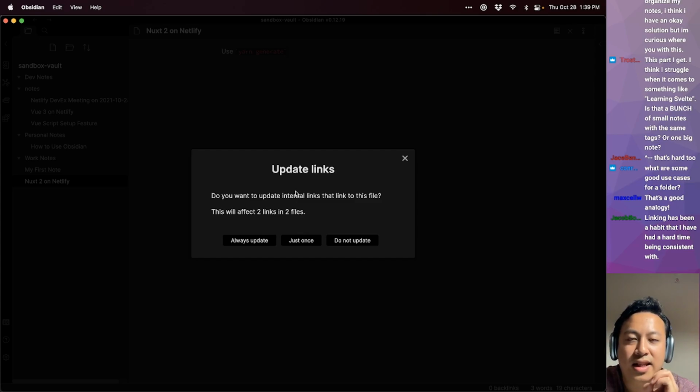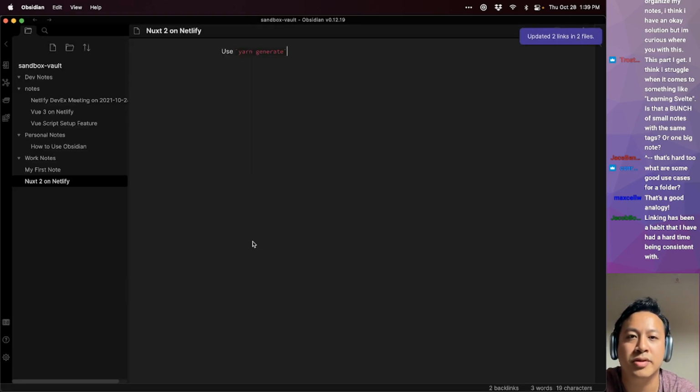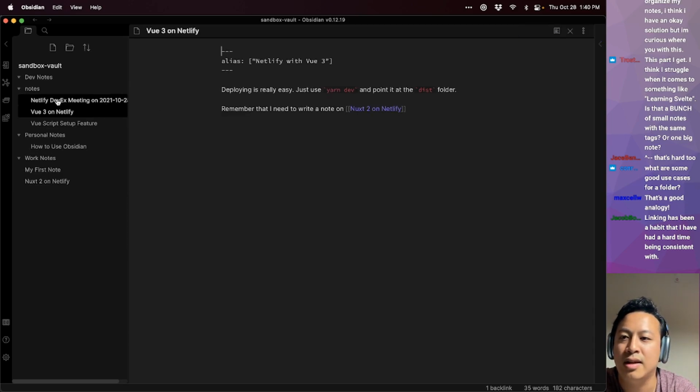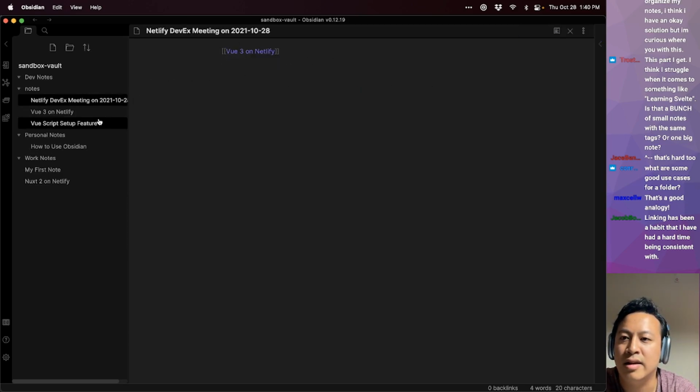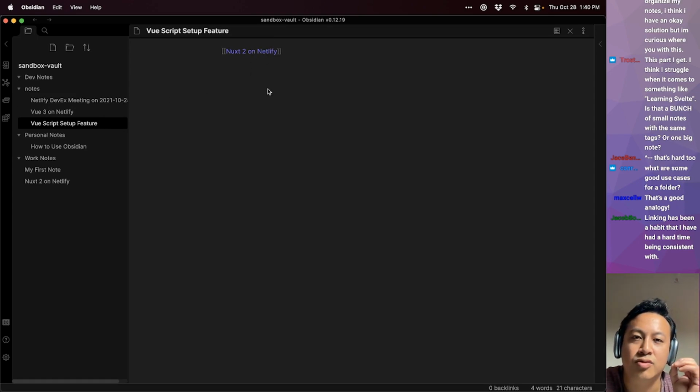When you update a file in Obsidian, it does something else that's really incredible, which is it helps to manage all the file names and relationships for you. So I mentioned Nuxt 3, but now I realized I actually want it to be Nuxt 2. And now you can see that it tells you, do you want to go ahead and update all the internal links? And for me, I always say always update, because you've already determined that those relationships exist. And so if we go back into Vue 3 on Netlify, you'll see that it's updated right here. It's this kind of automation that I think is really powerful with note-taking,